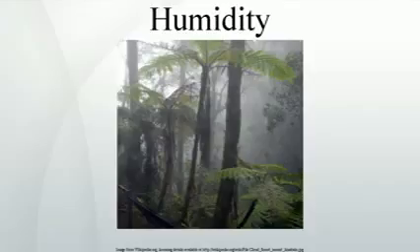There are three main measurements of humidity: absolute, relative and specific. Absolute humidity is the water content of air. Relative humidity, expressed as a percent, measures the